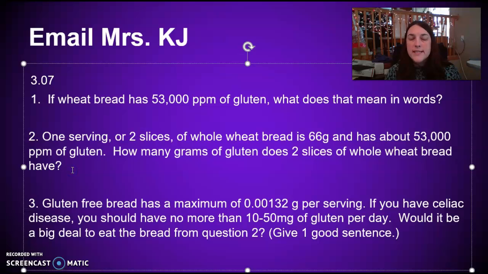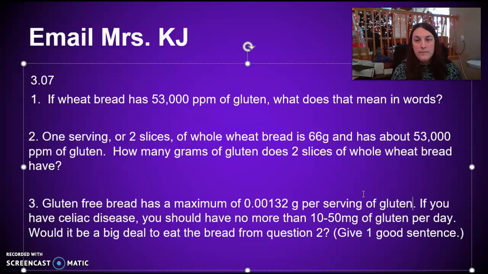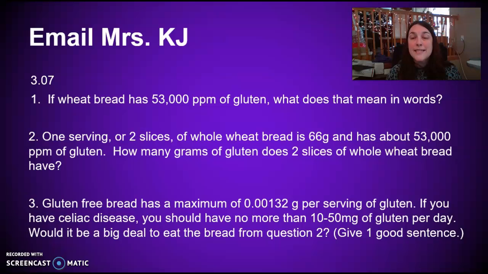1 serving or 2 slices of whole wheat bread, we'll assume it's 66 grams, has about 53,000 parts per million of gluten. How many grams of gluten does 2 slices of whole wheat bread have? Gluten-free bread has a maximum of 0.00132 grams per serving of gluten. I should add that in there, huh? Of gluten. If you have celiac disease, you should have no more than 10 to 50 milligrams of gluten per